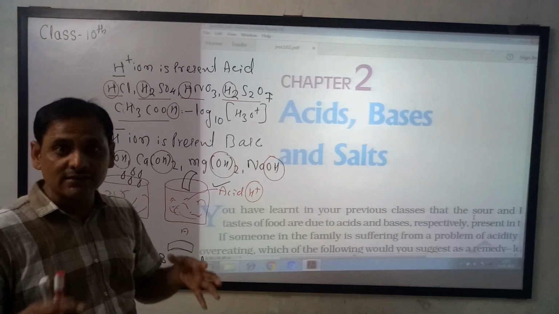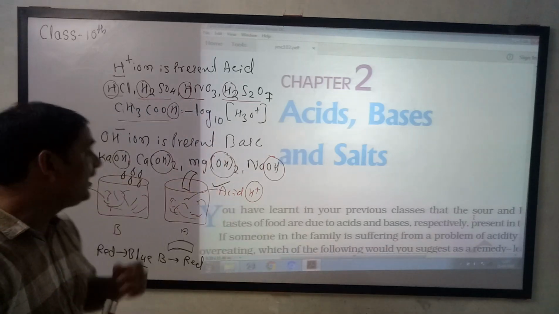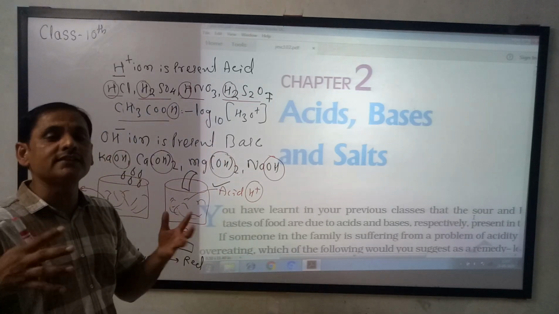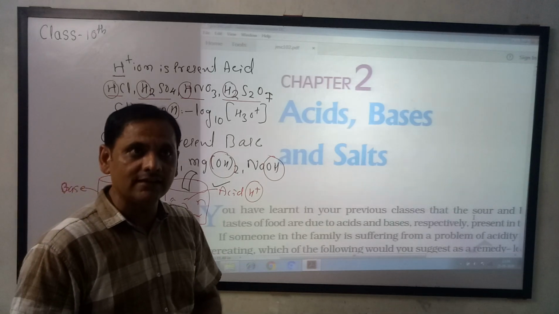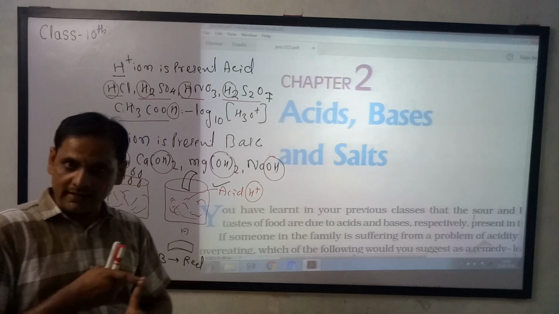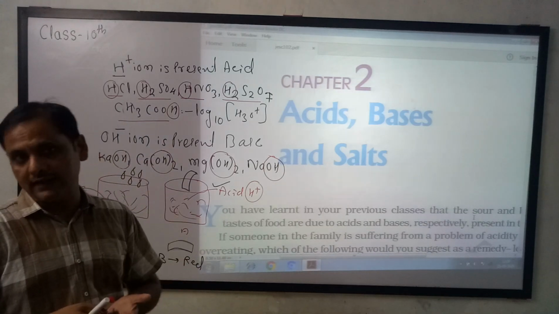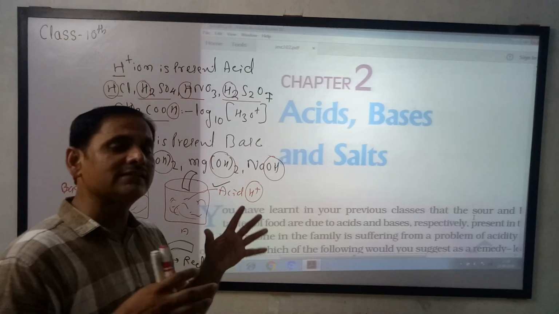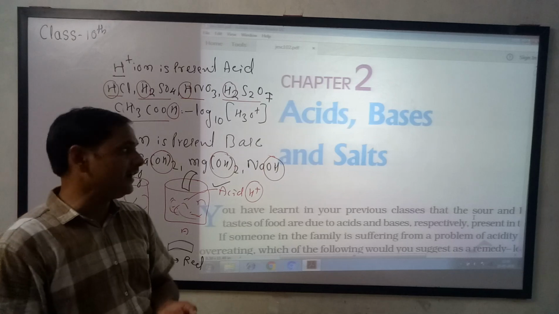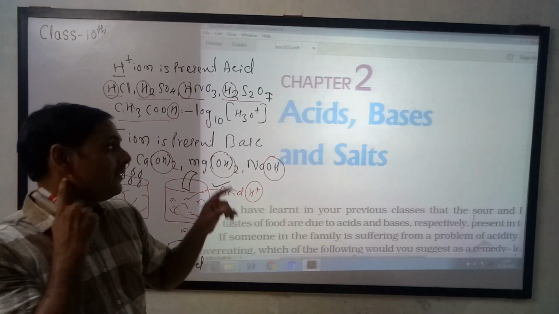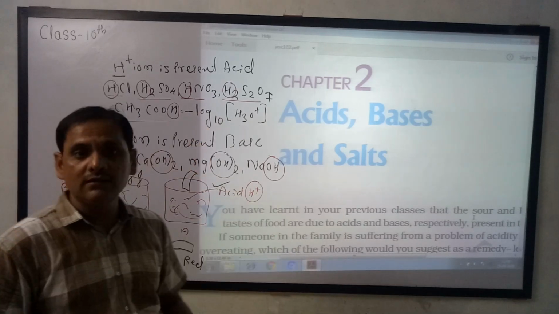So here we discussed the definition of acid, the definition of base, what an indicator is and the role of an indicator. Two types of indicator we discussed here. First is the natural indicator, and phenolphthalein or methyl orange is the liquid indicator. Litmus paper or turmeric is the natural indicator. Actually this chapter is very important, and line by line there is a new concept, right?